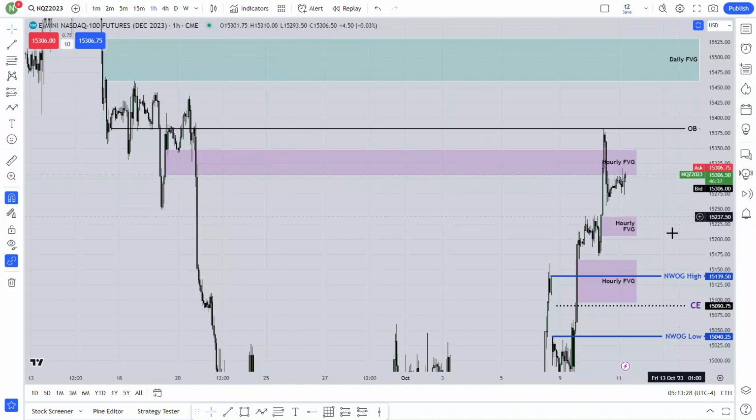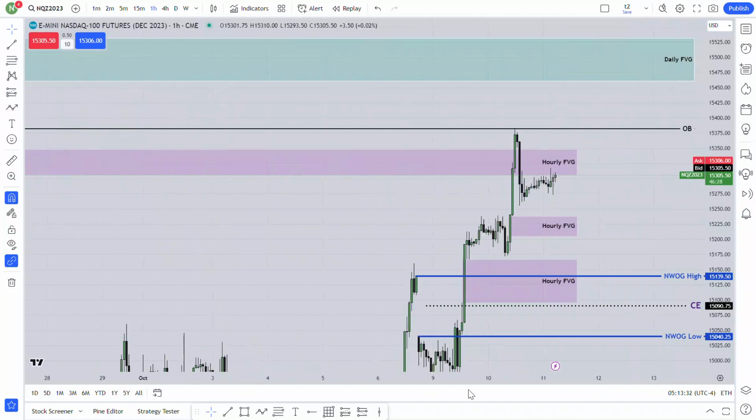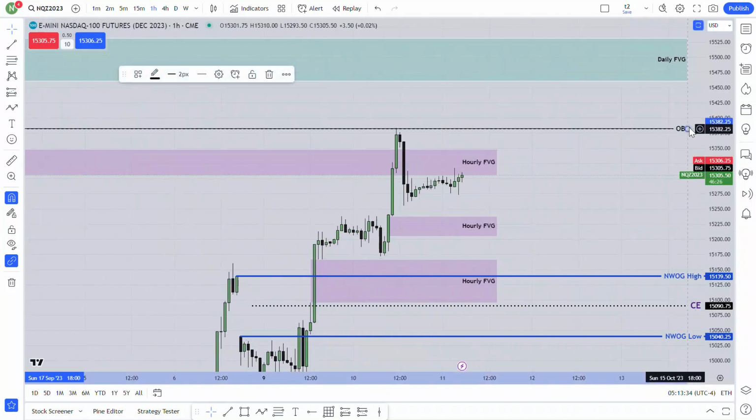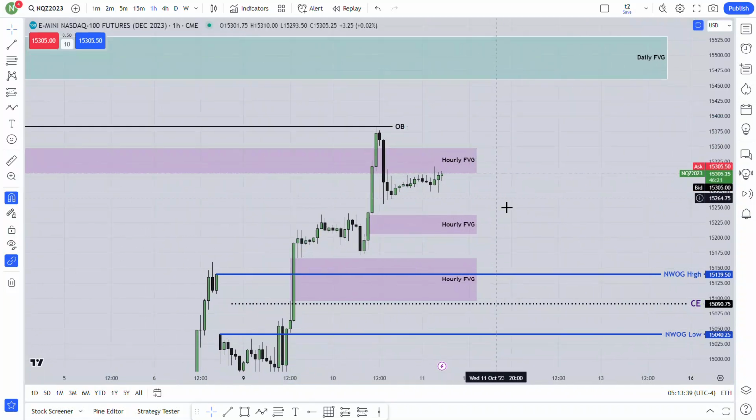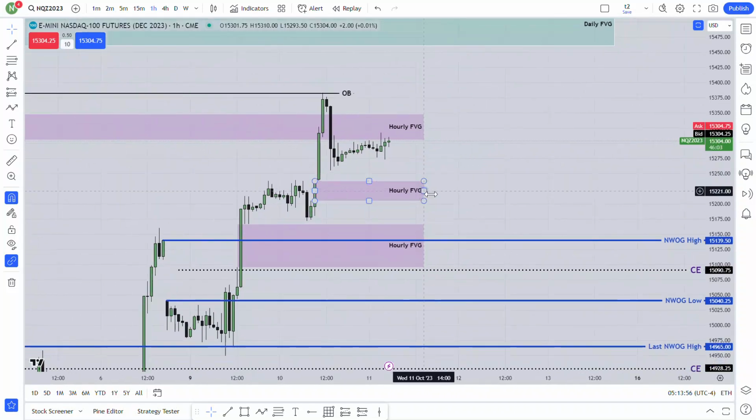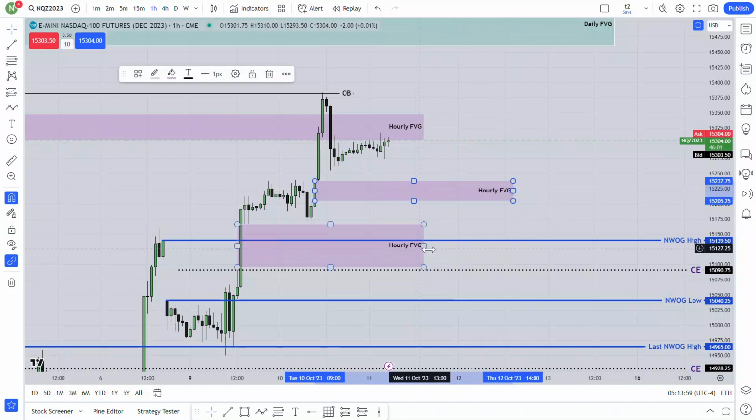So it actually traded through this hourly fair value gap to the order block level, I mean the daily order block. This is the daily order block. Then it actually broke down from this hourly fair value gap. Now you have to mark this hourly fair value gap and the consequent encroachment, and you know how it should work. It can go to the consequent encroachment, then nobody can close above it. Then if you see it broke down again and tapped the lower part of the hourly fair value gap, then this fair value gap and this fair value gap,